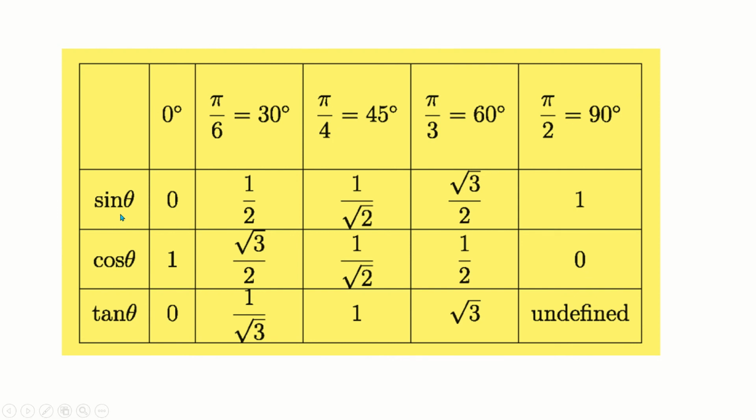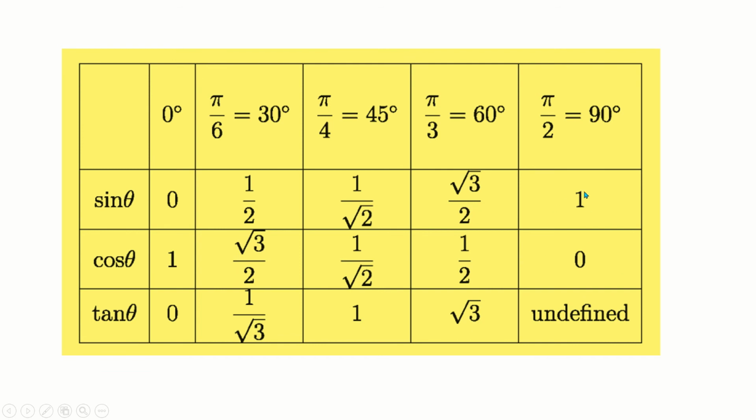Okay, if everyone knows these two relations, you can easily find the other relations. Tan 0 degree equals 0. How? Because tan theta equals sin theta by cos theta. So sin 0 degree equals 0, cos 0 degree equals 1, so 0 divided by 1 means 0. And half divided by root 3 by 2, 2 cut, we get 1 by root 3. This divided by this will get 1. Root 3 by 2 divided by 1 by 2, that will be only root 3.